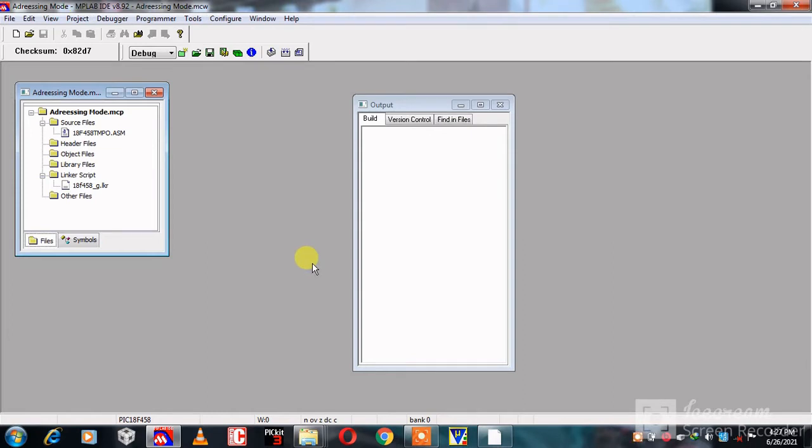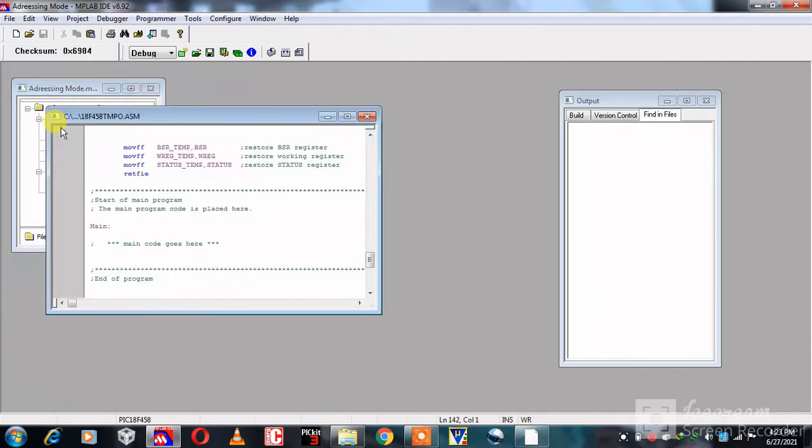Our second procedure is addition of source file and program writing. Here 18F458tmp0.asm, this is our source file. Sometimes this file is absent here. At that time, right click on source file and add the 18F458tmp0.asm file.